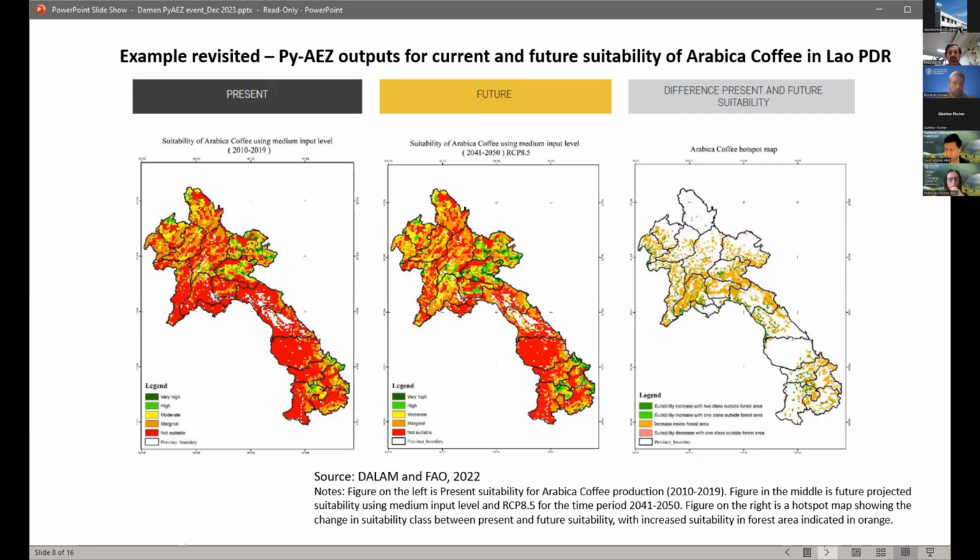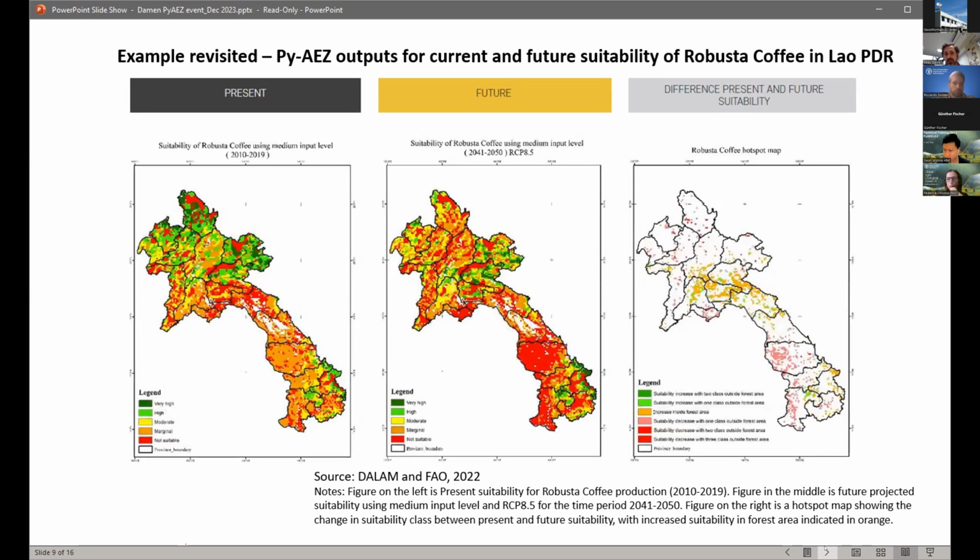It was showing more nuance than the GAEZ3 outputs. You can see here, for example, in terms of Arabica, and on the next slide Robusta, what we would expect given certain climate scenarios. In this example we're using 8.5, but others are possible, of course, with the inputs from different climate models into PyAEZ.